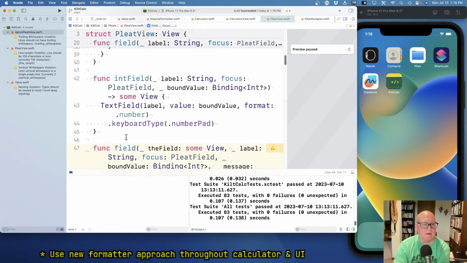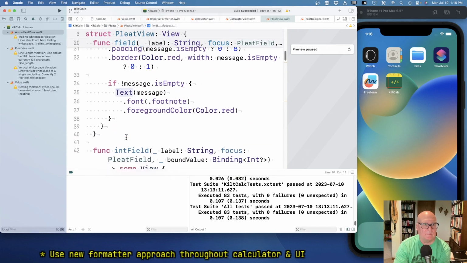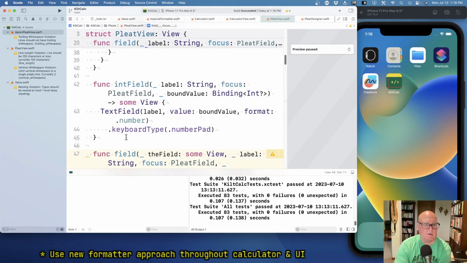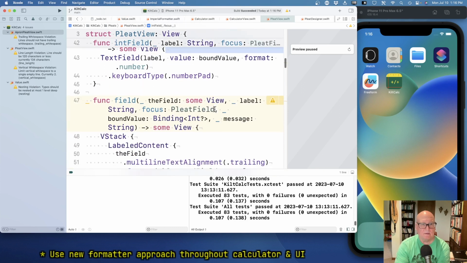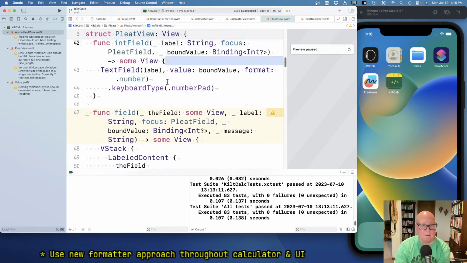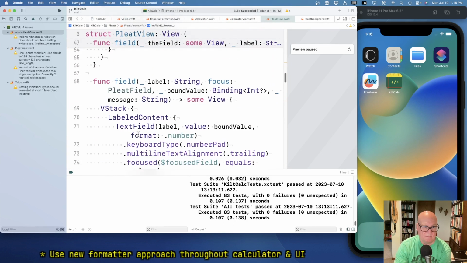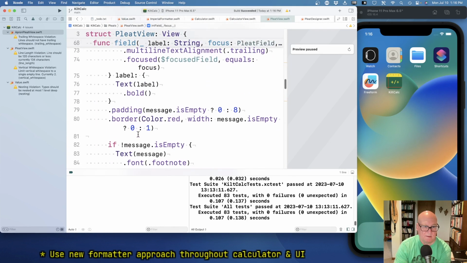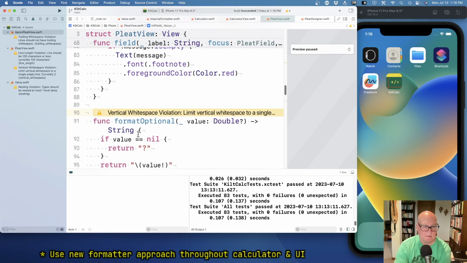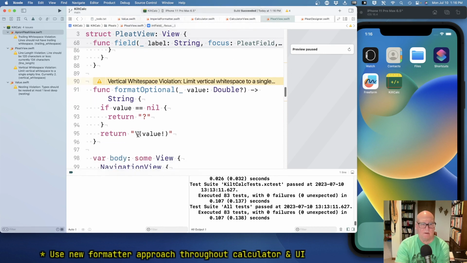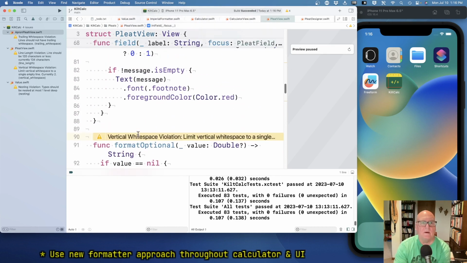Okay. All right, so you're going to have to create int field bound value. Okay, so if, well,